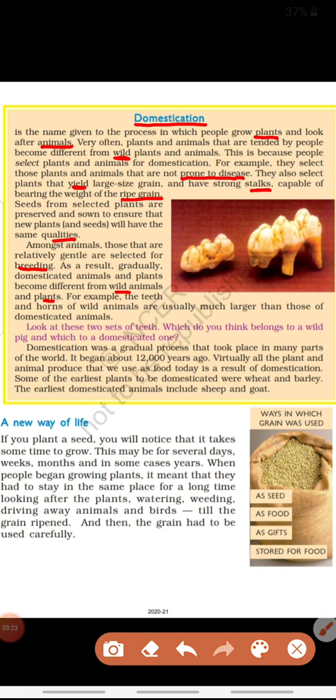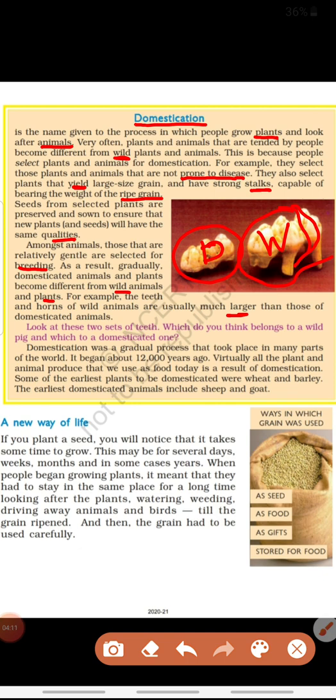For example, the teeth and horns of wild animals are usually much larger. So you can see in the picture, children, there are two sets of teeth. This is the teeth of a wild animal and this is the teeth of a domesticated animal. So they search for animals which are gentle, and the teeth and horns of wild animals are usually much larger than those of domesticated animals. So look at these two sets of teeth. Which do you think belongs to a wild pig and which to a domestic one? Yes, because these are the bigger ones, this is for the wild pig,